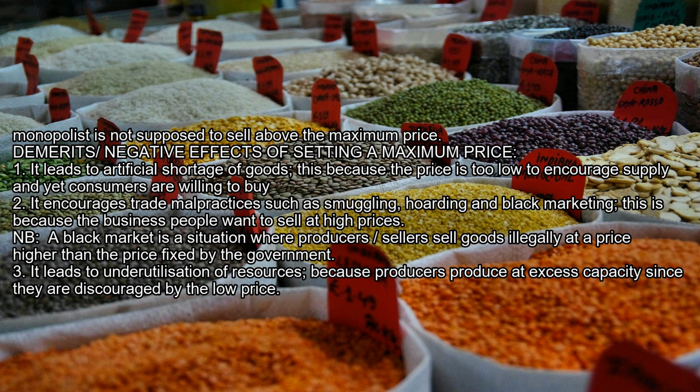2. It encourages trade malpractices such as smuggling, hoarding and black marketing. This is because the business people want to sell at high prices. A black market is a situation where producers/sellers sell goods illegally at a price higher than the price fixed by the government. 3. It leads to underutilization of resources, because producers produce at excess capacity since they are discouraged